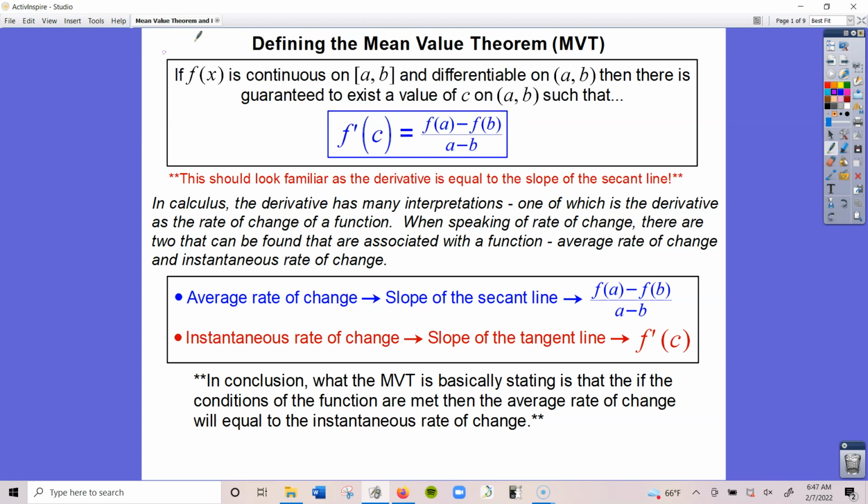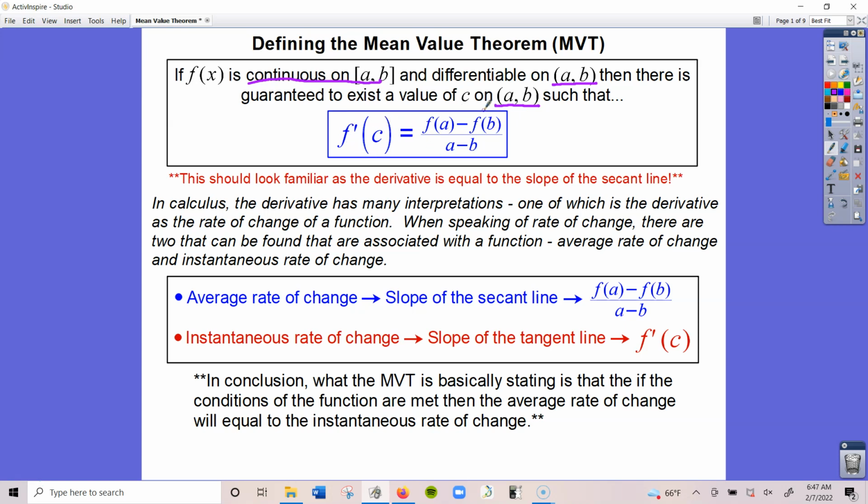So let me dissect what this is saying. Before, just like we did with the extreme value theorem, we have to determine whether the mean value theorem would be applicable, which would be those two conditions. One, that it is continuous on the closed interval a to b, and differentiable on the open interval a to b. And if that is true, then we will have a value of c on the open interval a to b, meaning that this value is not going to be any of the endpoints, such that the derivative is equal